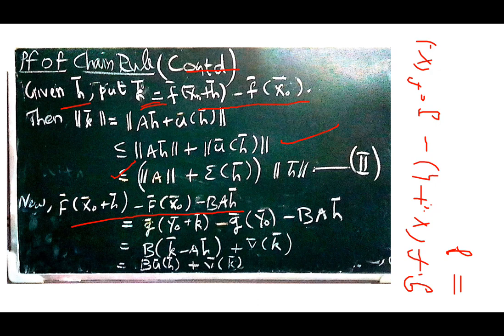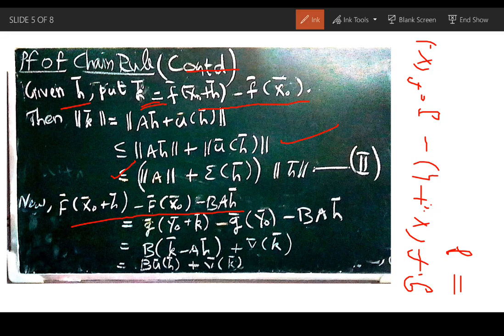It is g of f of x naught plus h minus g of f of x naught minus D A h. Minus D A h is there in the left side. And okay, remember what is your k? k is f of x naught plus h minus f of x naught. So what is f of x naught plus h? It is f of x naught plus k, but f of x naught is y naught. So f of x naught plus h is y naught plus k. Hope you understood. So g of f of x naught plus h is g of y naught plus k